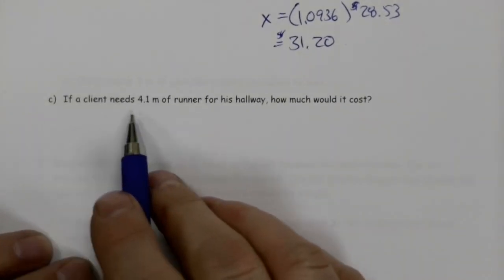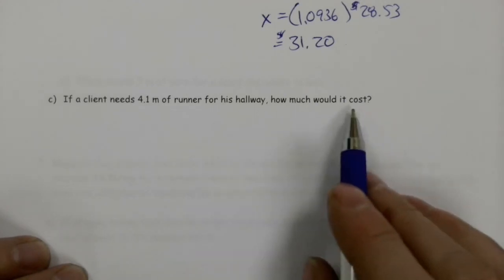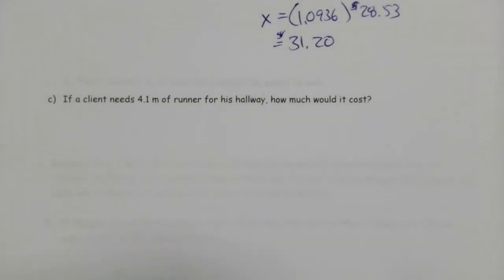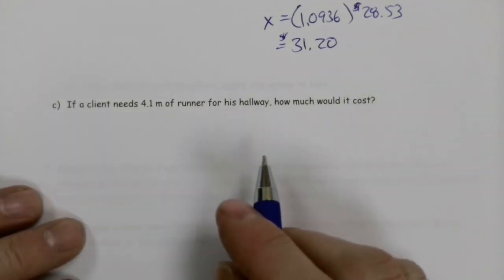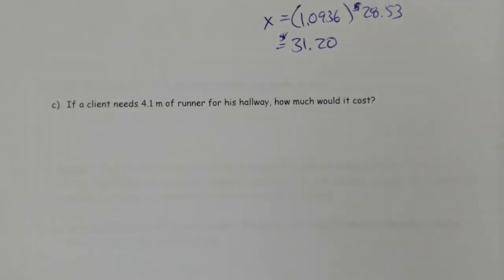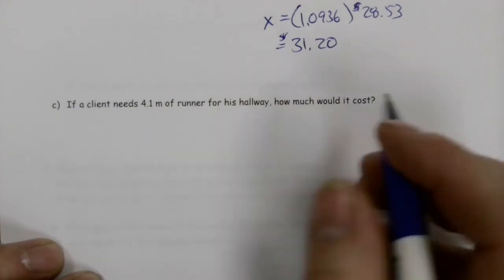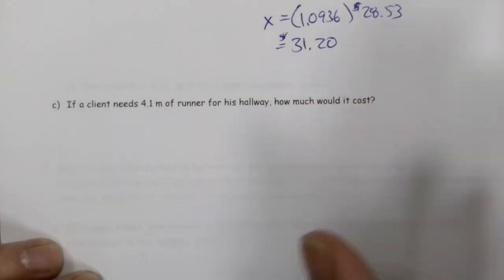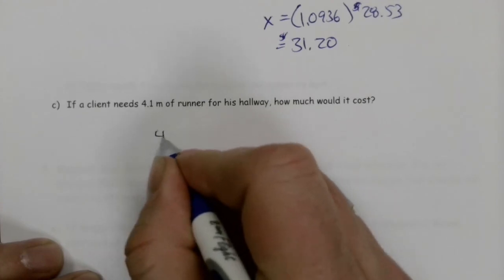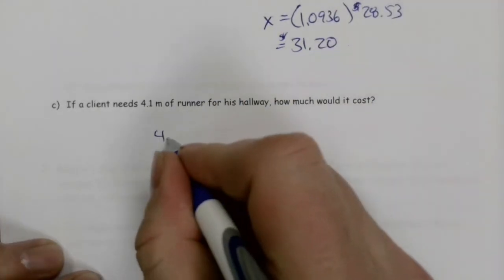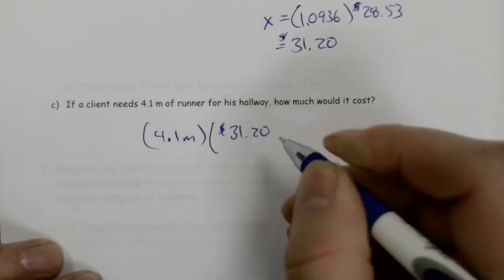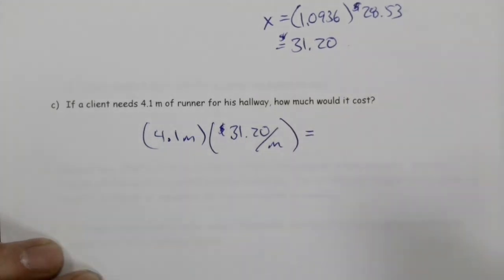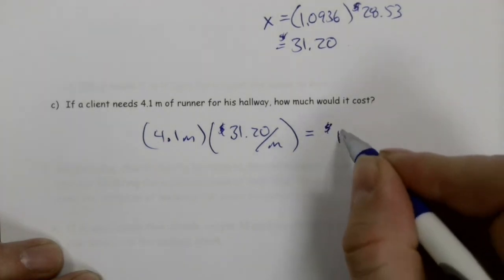And then finally, if a client needs 4.1 meters of runner for a hallway, how much would it cost? Now, this isn't a great way to answer this question, because usually you're going to overbuy. But if we're doing exactly what they're asking us to do, with the numbers we're given, taking it as it is: if I have 4.1 meters and it costs $31.20 per meter, I'm just going to multiply those out on my calculator off to the side here, and that is going to cost me